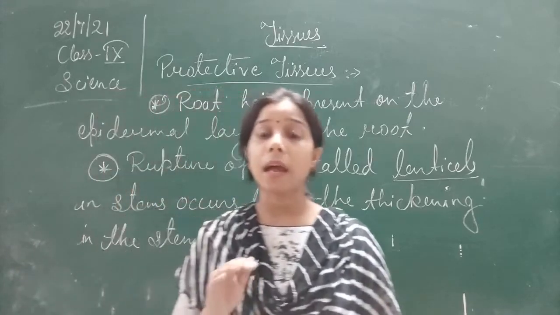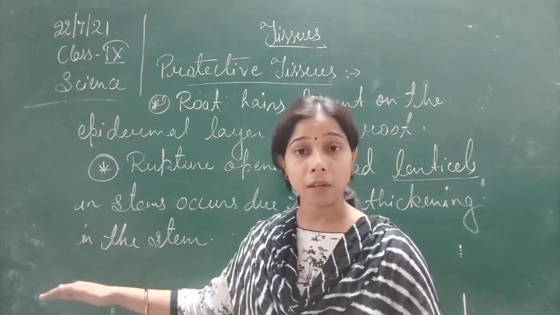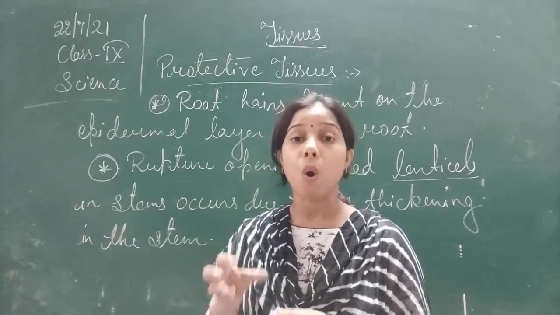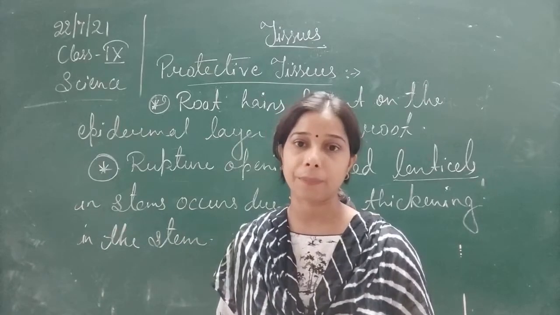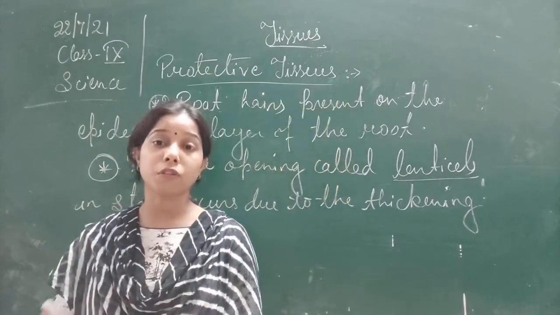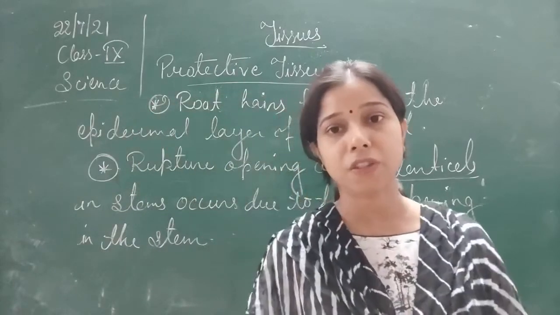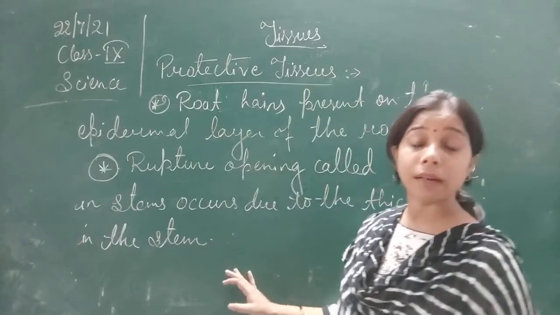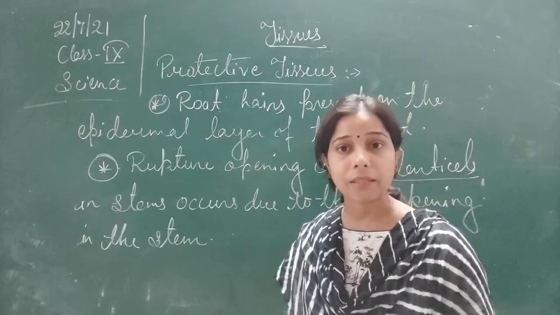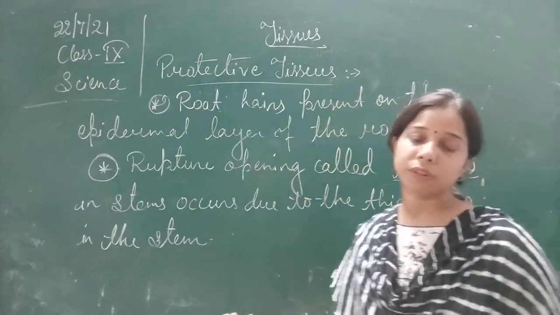It means the epidermis of the leaf is not continuous, and these stomata are guarded by the guard cells, which help in controlling or regulating the opening and closing of the stomata. What is the role of the stomata? It helps in the process of transpiration. Basically, it is there for gaseous exchange, as well as to prevent loss of water. Excess water does not get lost, as that is regulated and controlled by the stomata present on the leaves.